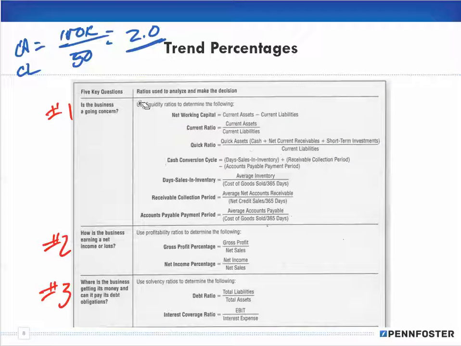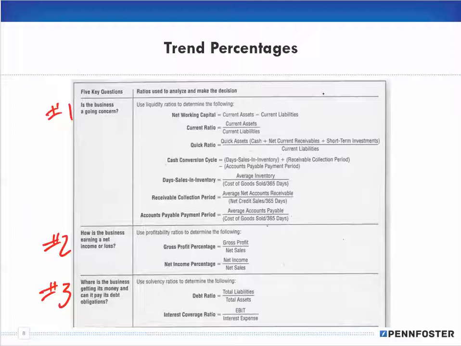So if you're ever stuck where you're being given numbers and you don't know whether 1.5 is good as compared to 2.0, work through different scenarios in order to get a feel for that particular ratio and how it works, to be able to determine whether going from 2.0 to 1.5 is good or bad.